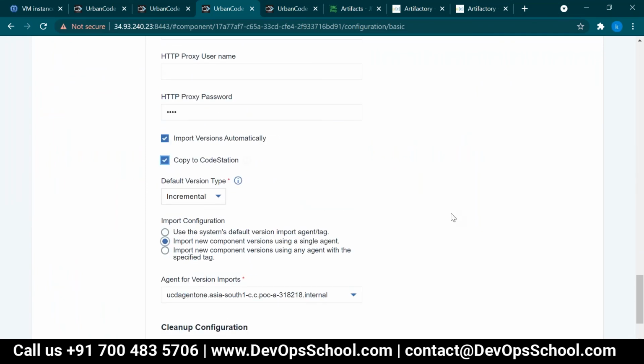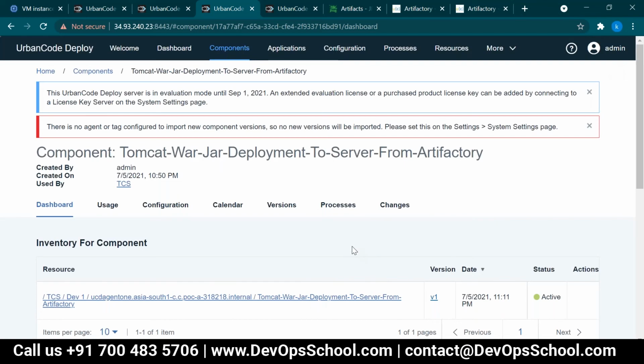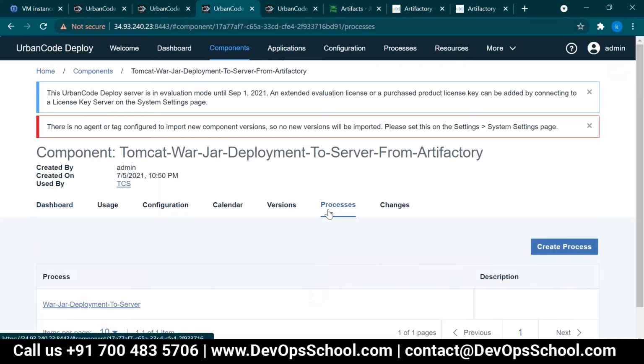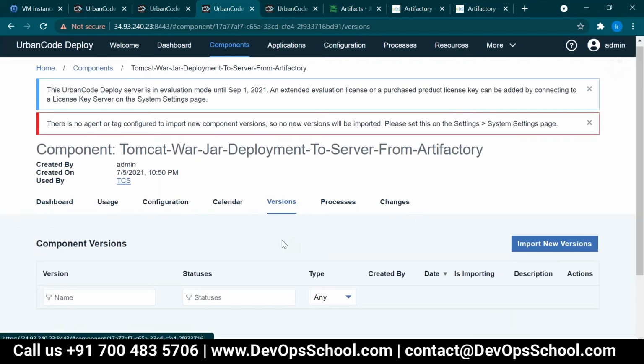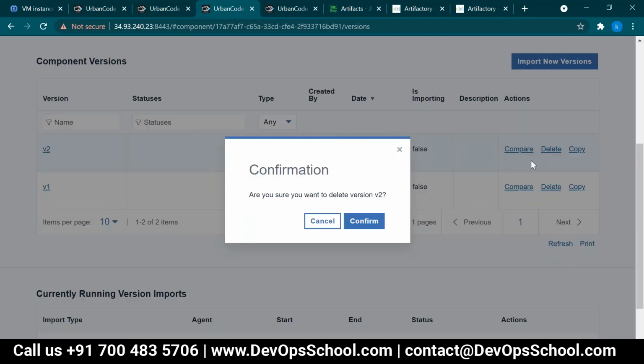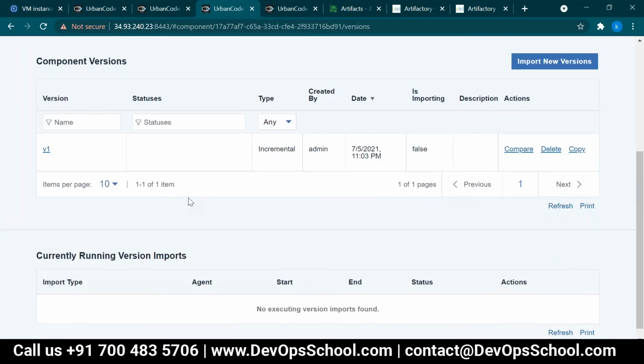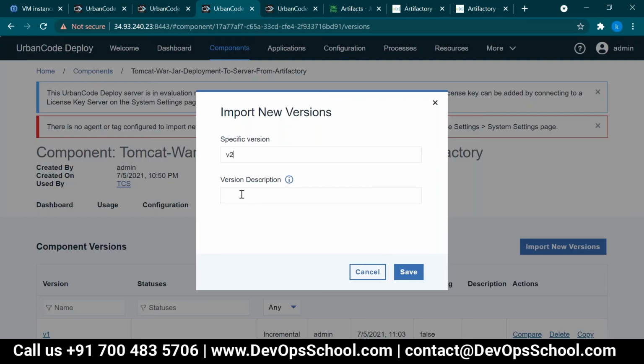Copy to quotation, save here. It will copy to the local station also, but this is already deployed, it can't delete. Wait for 5 minutes, and automatically it will import here, but we cannot wait for 5 minutes, so we'll do a manual import.